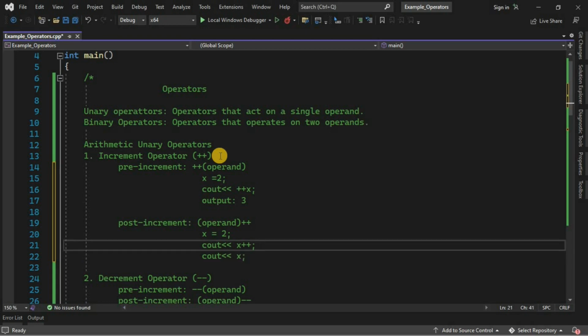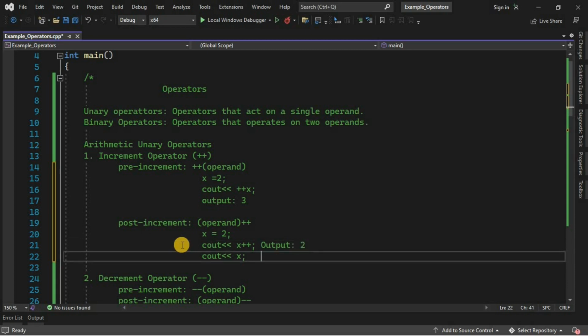So the first output will give us 2, but then this one will give us an output of 3,